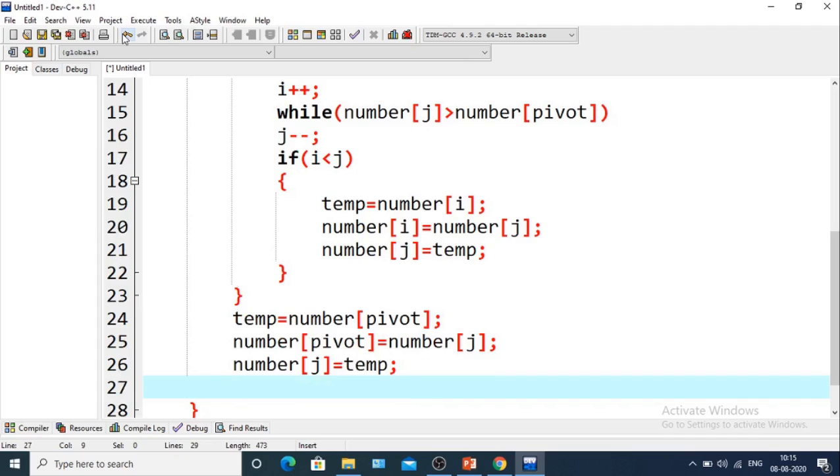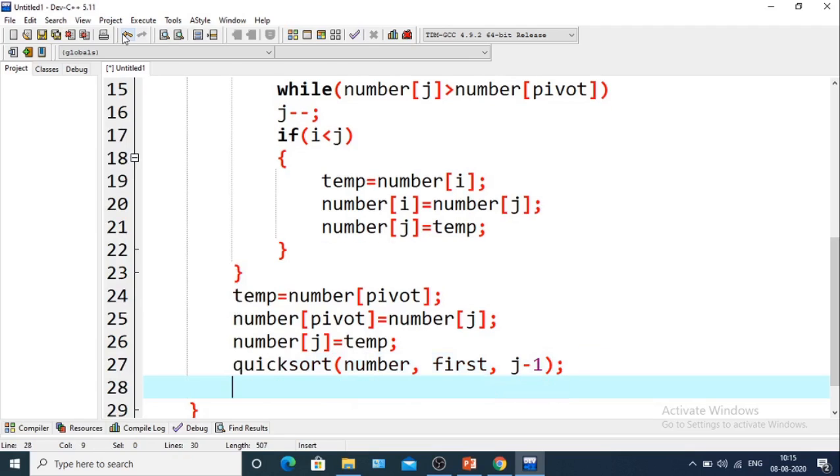Okay, so now we'll call the quicksort function. Quicksort within brackets number, comma, first, is j minus 1. Okay, and again quicksort, number, j plus 1,